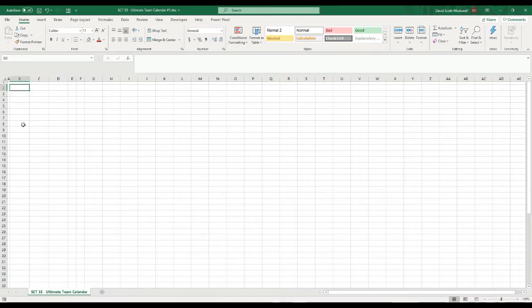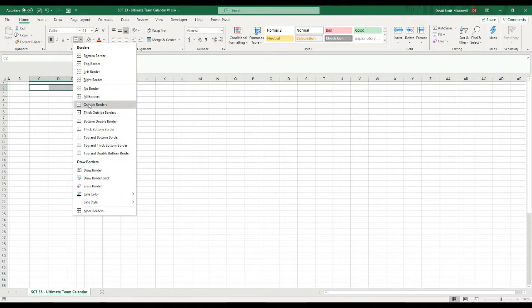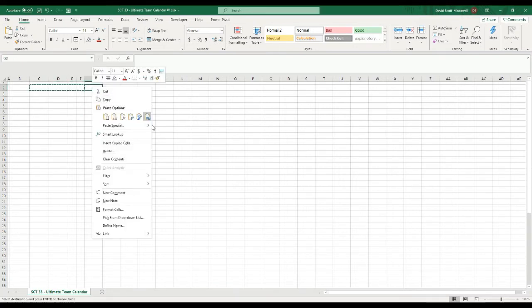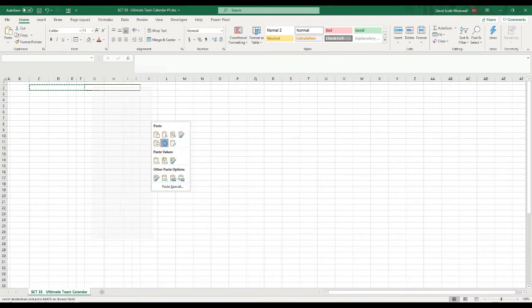So in my template, the first column is always going to be where our sessions go. And then the next column, I'm just going to highlight this so that I can tell where it is. That's going to be the size of a day. So that's going to be the Monday. And then if I control copy this, I can right click and paste the column widths. And then that's going to make the next day automatically the same size. So that's going to be Tuesday,